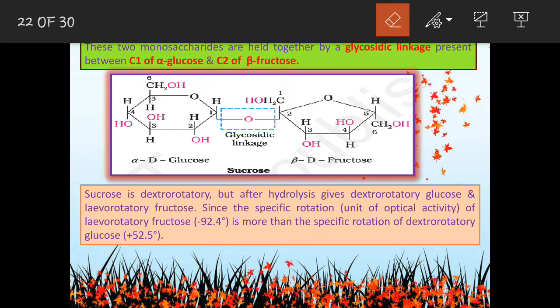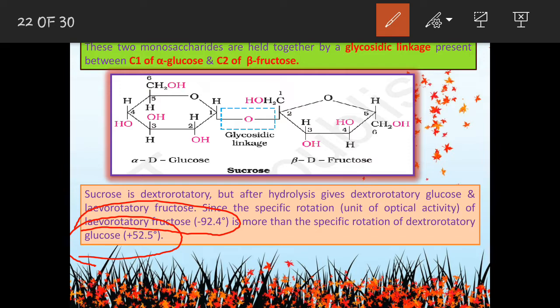Upon hydrolysis it produces dextrorotatory glucose and levorotatory fructose. Since the specific rotation of levorotatory fructose, which is minus 92.4 degree, is more than the dextrorotatory glucose, plus